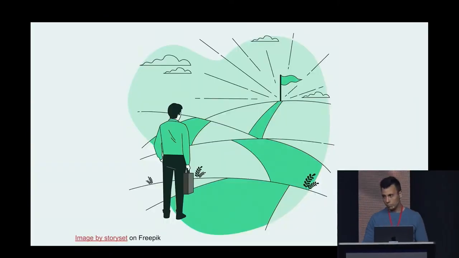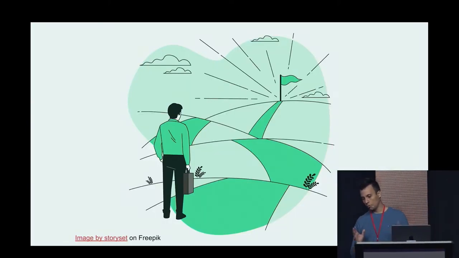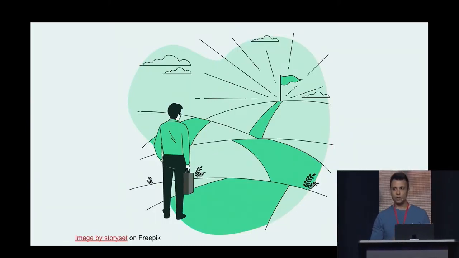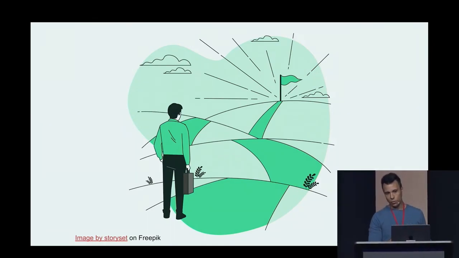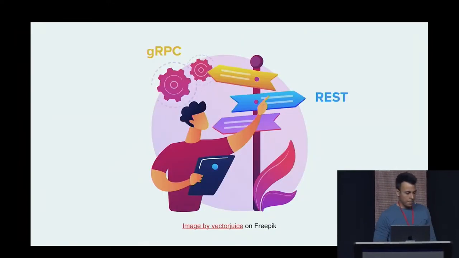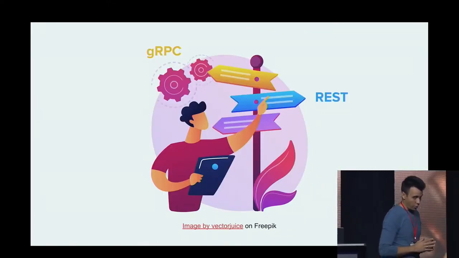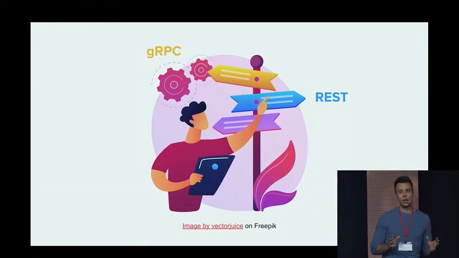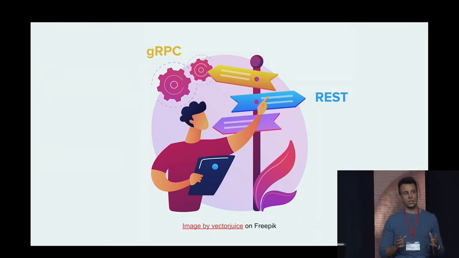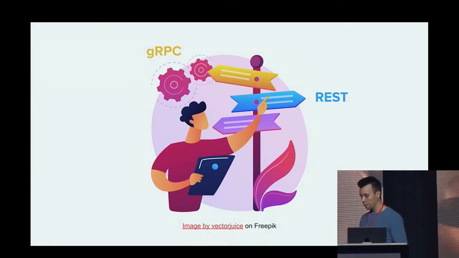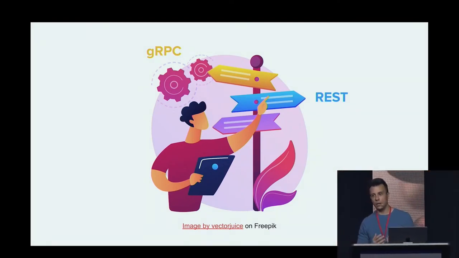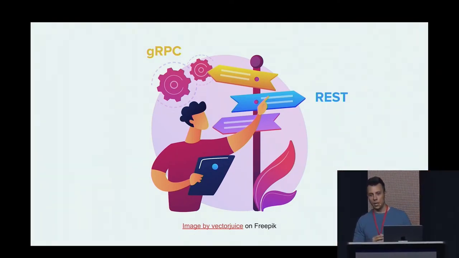So I'm going to take you through a journey, right? How to bring a distributed system into production, and focusing on, of course, service-to-service communication. This journey starts with a choice. You have to figure out what is right for your use case, what is right for your clients in terms of the API that those services need to implement.